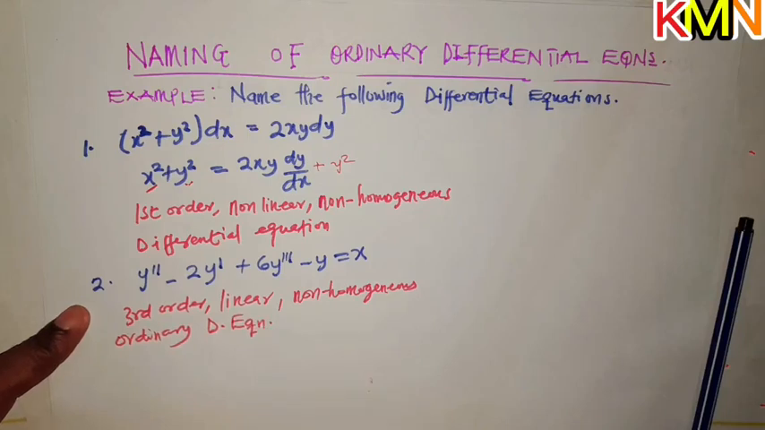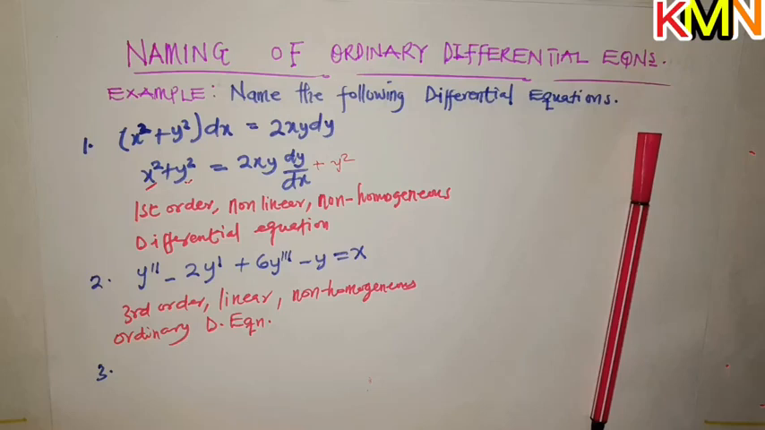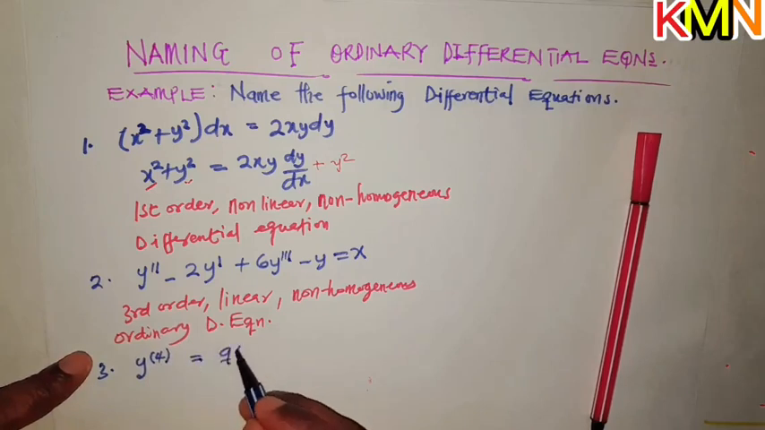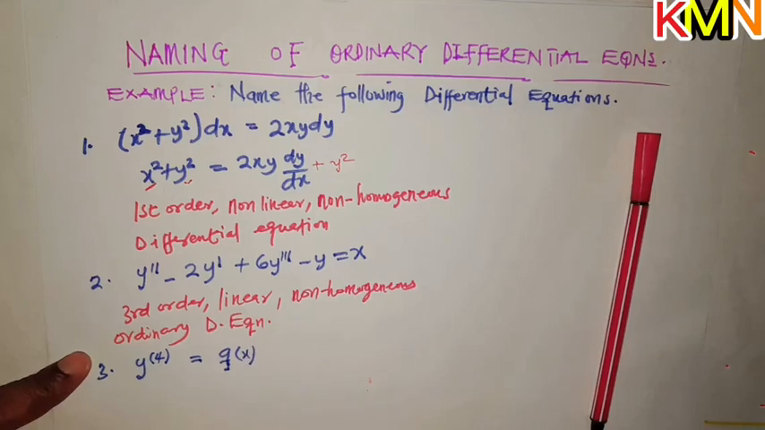So very simple. Example 3. You have this y, order 4, equals q at x. This particular function, what this function simply means is this: you know that whenever we have